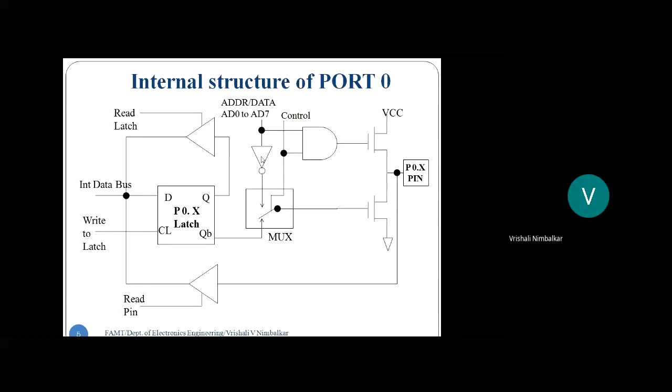See that AND gate and that inverter. So all together, this circuitry decides the functionality of those pins, pin number 32 to pin number 39. Correct? So by default, the switch is connected to the D latch. The D latch means by default, the port behaves as IO port. Correct? And depending on this control signal, right? This is the control signal generated internally by the microcontroller. This control signal will keep the switch to the D latch. And when an external memory is interfaced, the switch will be switched to AD0 to AD7 pins.